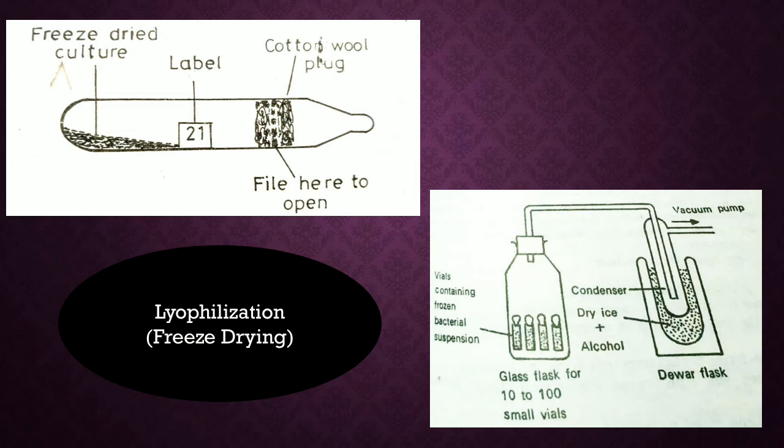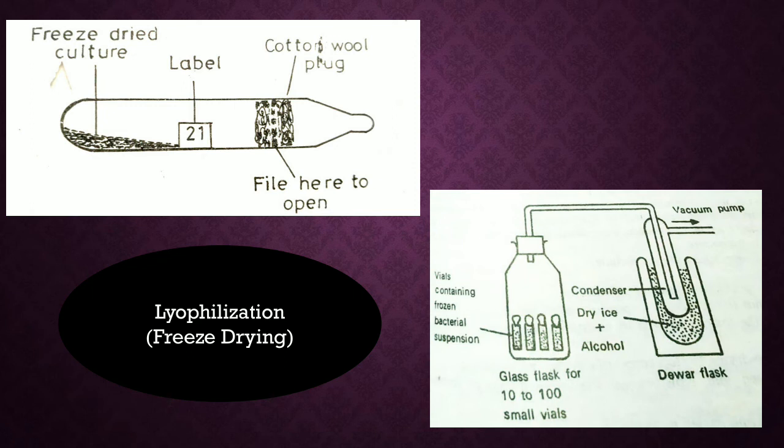because anyway, all the water has been removed and the organism will not grow. So in the process of drying, the elimination of water, if we do it in a regular way, the elimination of water can damage the chemical compounds in the cell. But it's freeze drying, so the water is removed from the culture by sublimation. So that makes sure ice crystals are not formed. And that is the reason this method is the most commonly used method by culture collection centers.